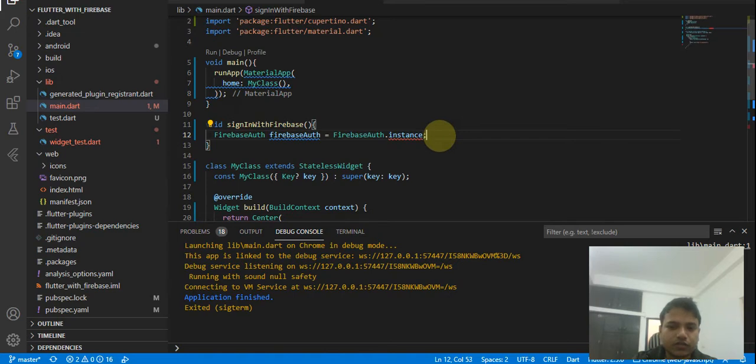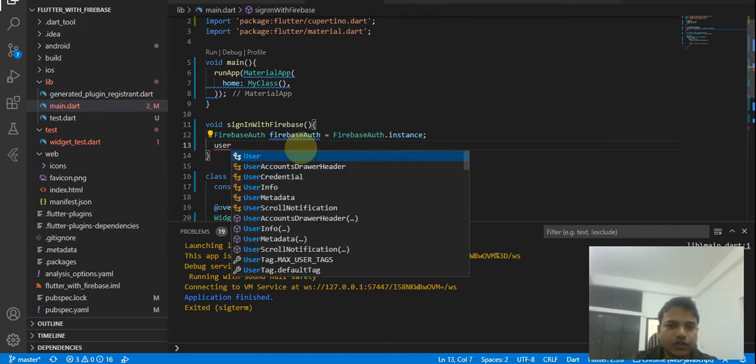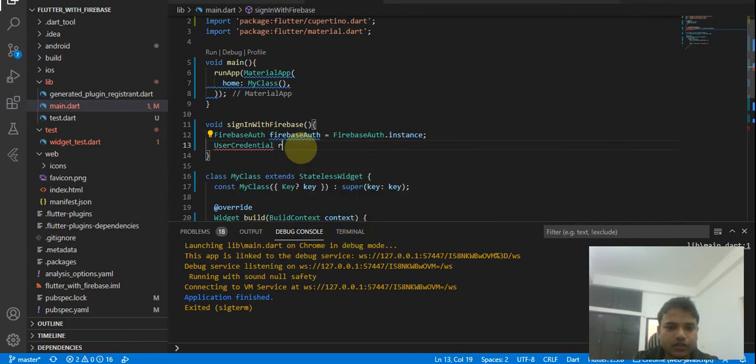Once you successfully complete that, don't forget to enter the semicolons. If you are from a Kotlin background, I usually forget it because I am from a Kotlin background, and as an experienced developer in Kotlin, there is no need to add a semicolon, so I usually forget that. Let's get back to the code, and what we have to do now is get the user credential. So here you can write user credential.